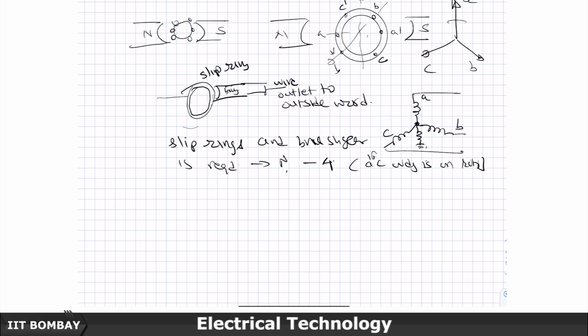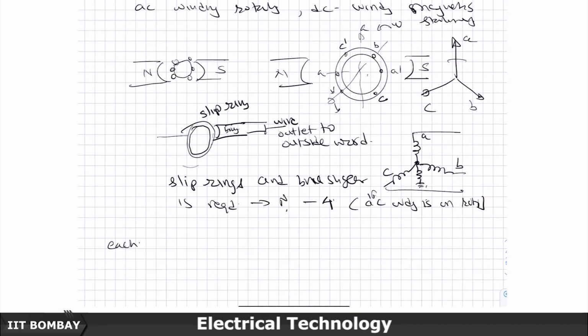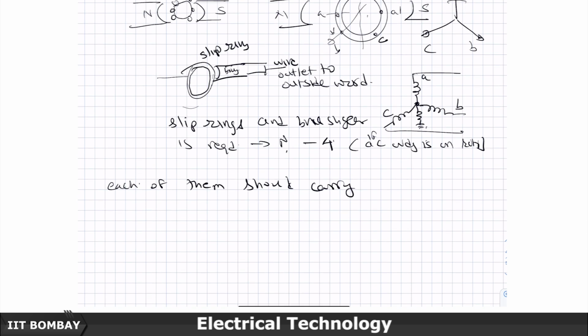Then again there is a rotating part, and that rotating part has to connect with something which is static. So, in between you need this slip ring and again a brush gear arrangement. So, a total of 4 of them would be required. Now, each of them should carry how much current? Rated current,